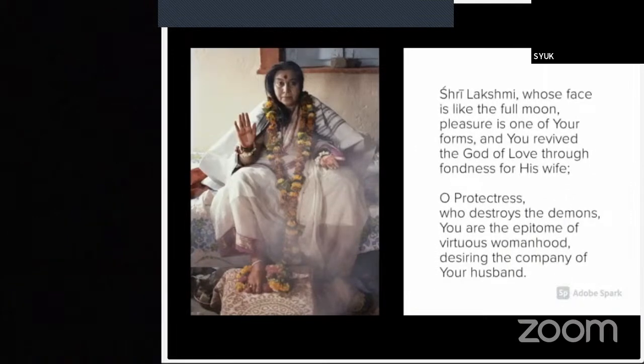Shri Lakshmi, whose face is like the full moon, pleasure is one of your forms, and you revived the god of love through fondness for his wife. O protectress, who destroys the demons, you are the epitome of virtuous womanhood, desiring the company of your husband.